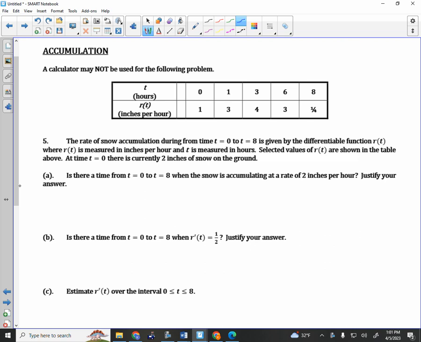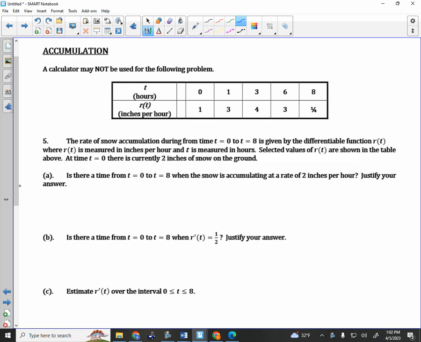Okay? These are the rates at which the snow is falling. Okay? And it says snow is accumulating from time 0 to time 8, given by that. Actually, it's not falling, it's accumulating, so not even considering melting and everything else. Measured in inches per hour, and t is measured in hours. It is a differentiable function. It says selected values are shown, and at time equals 0, there's currently 2 inches of snow that are currently